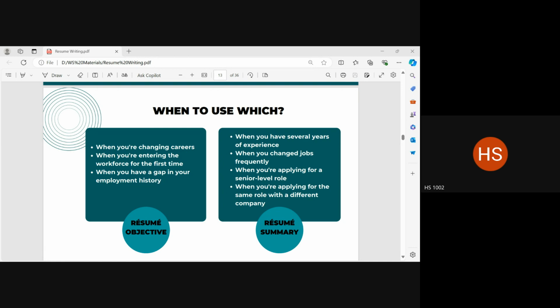Okay? It's an easy way out in order to not draw attention to something that might be unpleasant from the point of view of an employer. You give them a summary of what you've done instead of listing out what you've done with timelines. You can choose to do this, okay? You can choose to add any skills that you've picked up from that short stint at any one particular company also.